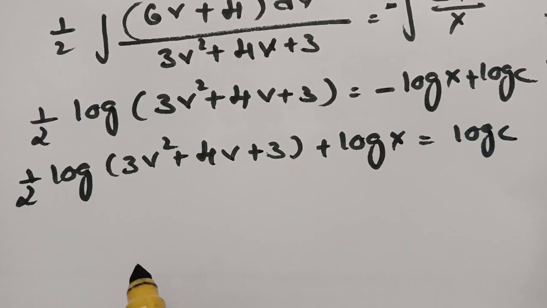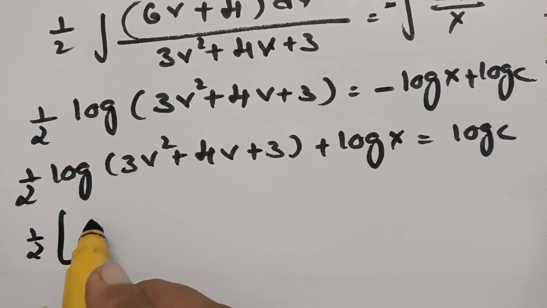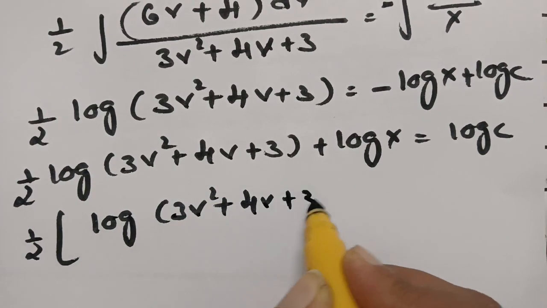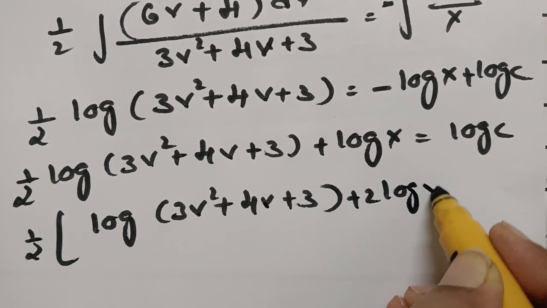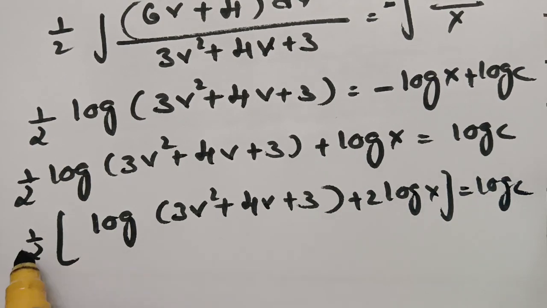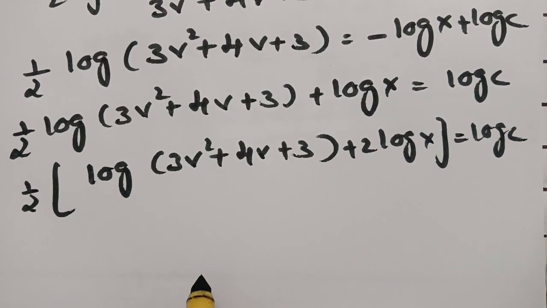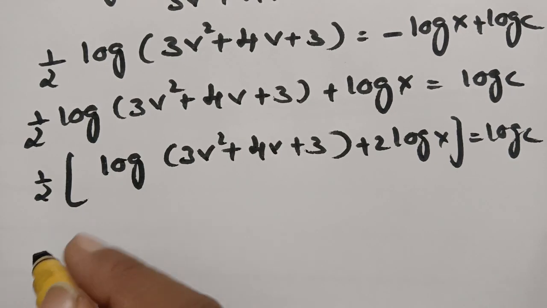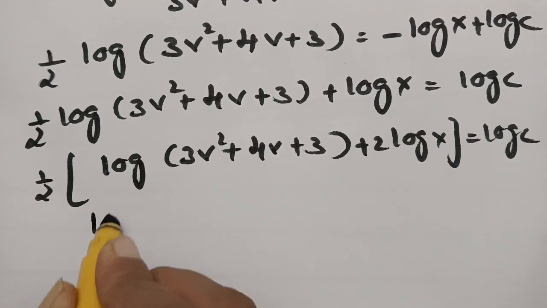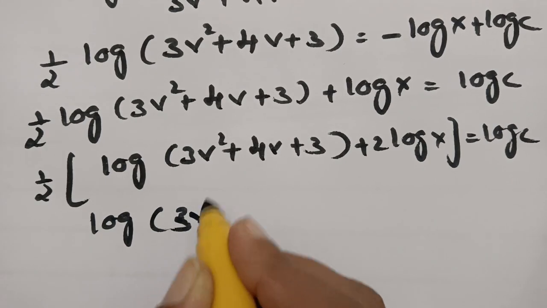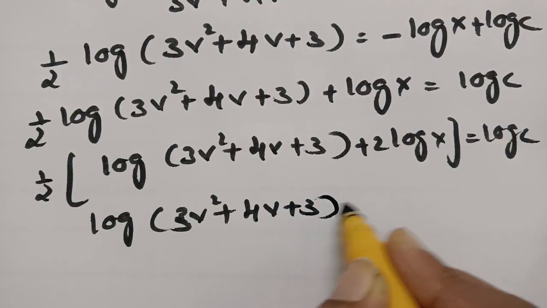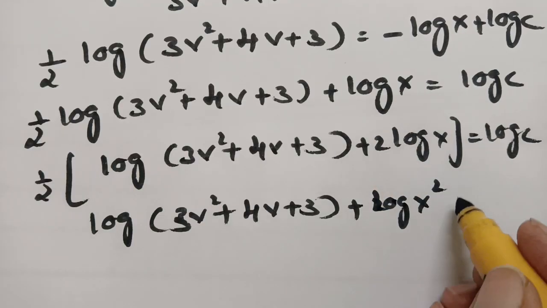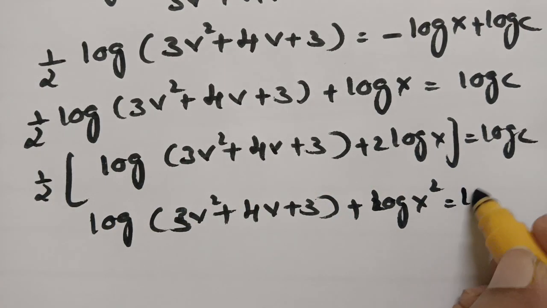So if I take 2 as LCM, this will be half times of 3v square plus 4v plus 3 plus 2 times log x, which is equal to log c. So if I send this 2 to the other side and multiply, it will become another constant. So this can be written as log c, and therefore this is going to become log of 3v square plus 4v plus 3 plus 2 times, so this 2 times can be written as log of x square. I'm sending this 2 to the power,